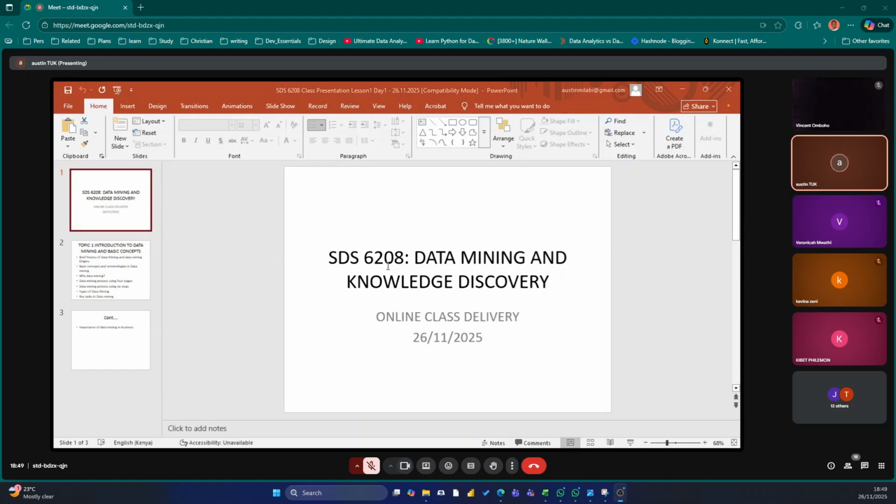We consider statistics to be the basis of most technology on which data mining is made, like regression analysis, standard distribution, standard variance, cluster analysis, confidence intervals. All these we apply in data mining. These are statistical approaches when you're carrying out data mining.